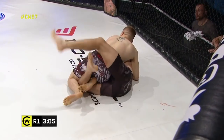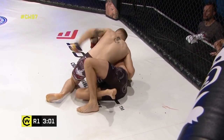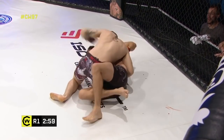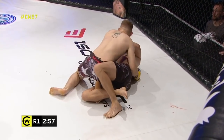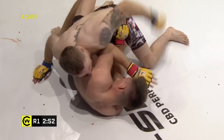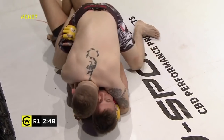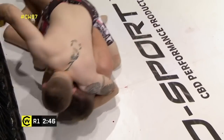So Jenkins is trying to hug that foot back in, but really it's a knee cut position here for Shanks, who's doing some good work with that free left hand. You see how he's keeping the right hand very tight to the body the whole time. That's his underhook hand if he decides he does want to drive that knee through for the pass. That hand's going to give him the control. There he goes, tries to...